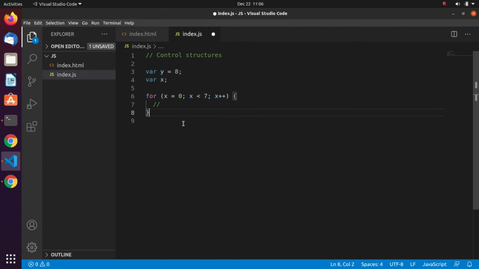But the difference between the for loop and the while is that the for has a limit, as you can see there, but the while goes on till we don't know where it will reach,